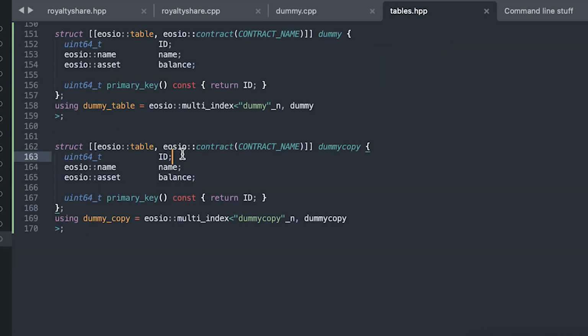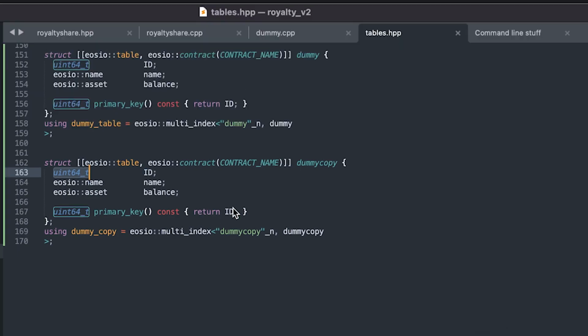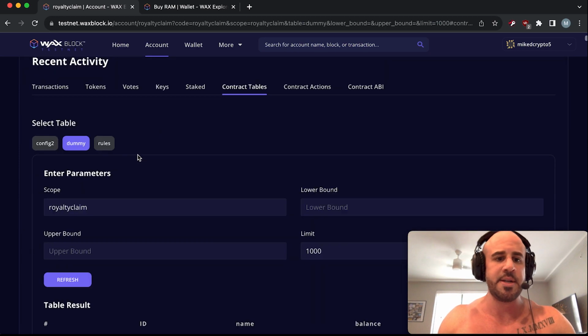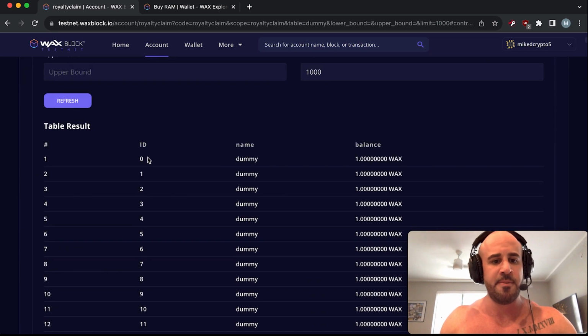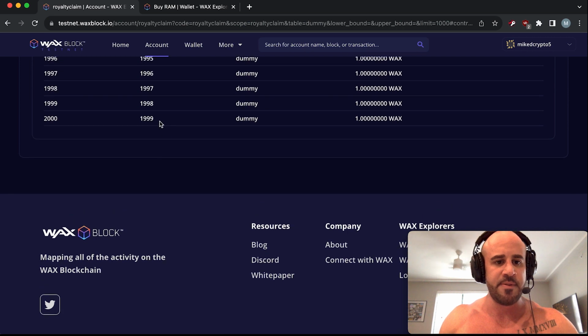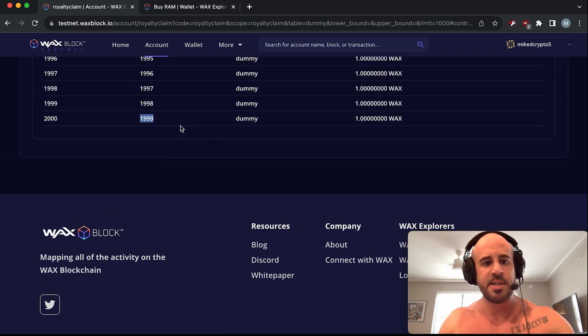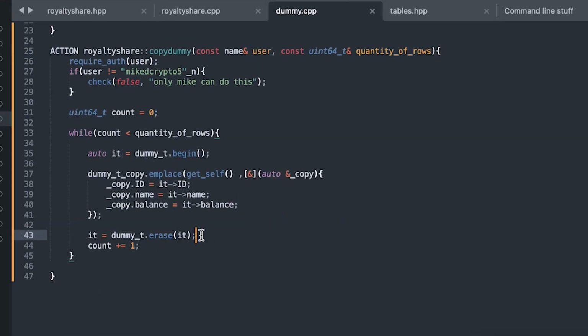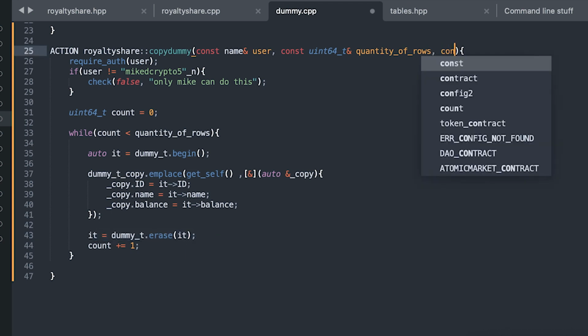So in this particular table, my primary key is this numeric ID right here, which in this particular case is just so perfect. It happens to start at 0 and it increments itself up one by one to the last row, which is 1999. This would be a best case scenario. In this case, I actually don't have to do this erase right here if I didn't want to, if I want to be safe and make sure everything was going to work perfectly before I go and erase stuff. Because based on the way it's indexed, I could add another parameter to this action here,